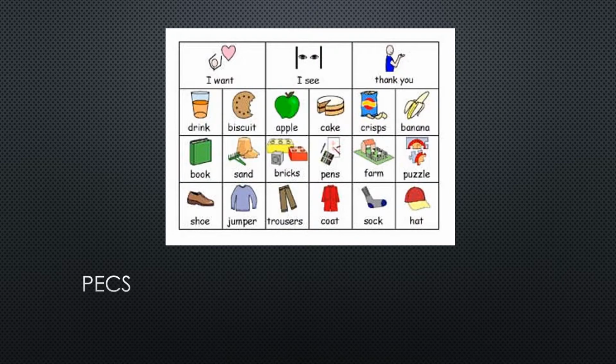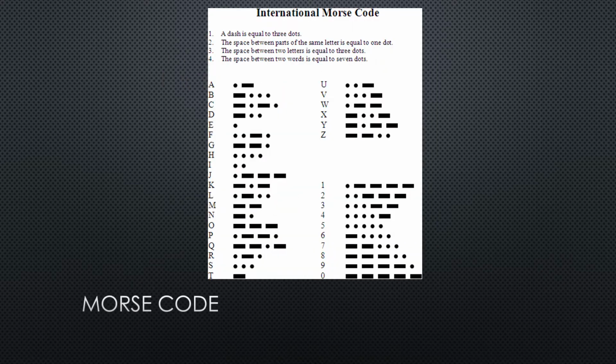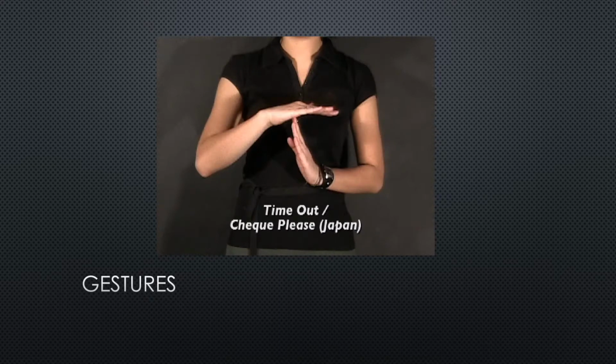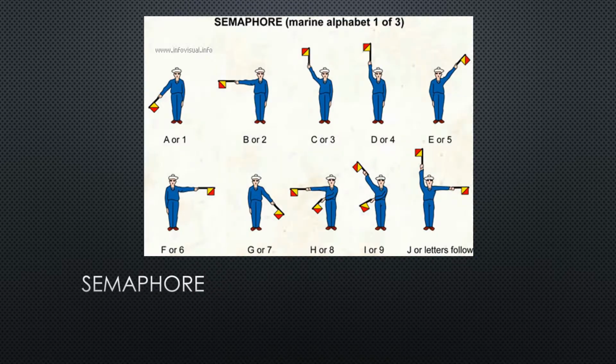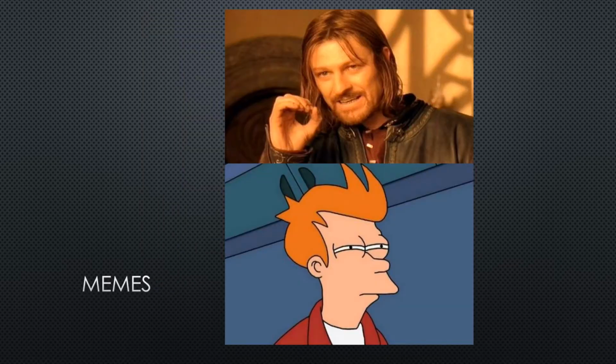We'll quickly zoom through a few other potential topographies of verbal behavior. We have the Picture Exchange Communication System, PECS, Morse code, gestures, more specific subsets of gestures such as sign language. If we start really getting out there, semaphore, positioning of flags to communicate to other ships. Now we're getting silly, but I love this form of communication, memes. In some verbal communities, simply exchanging these types of pictures can contact very specific forms of mediated social reinforcement.